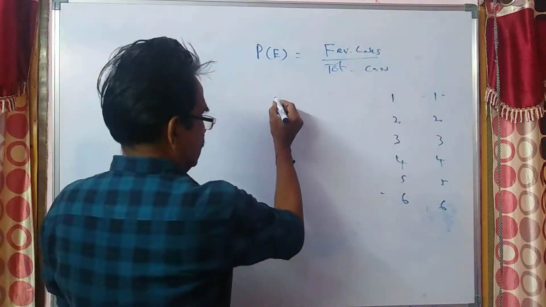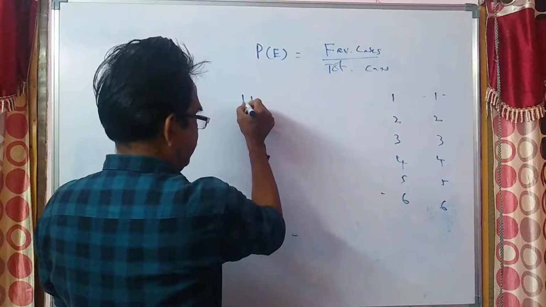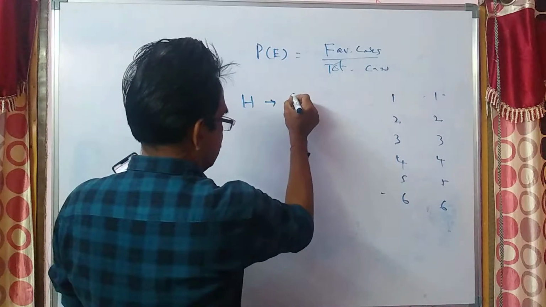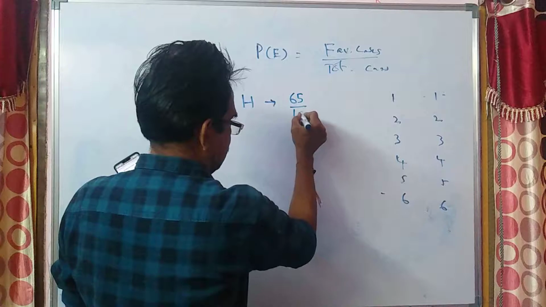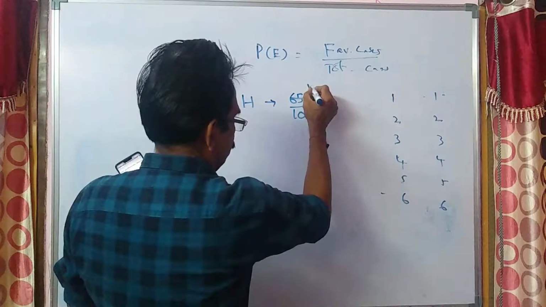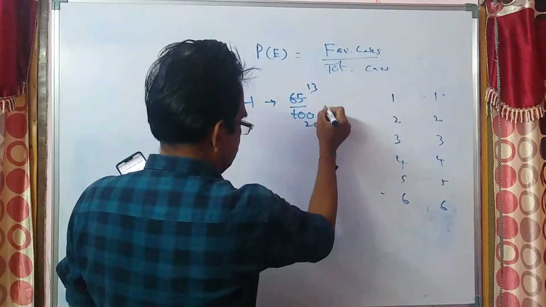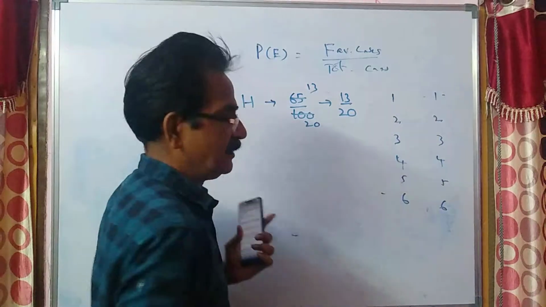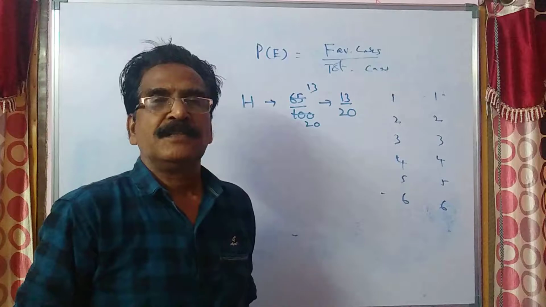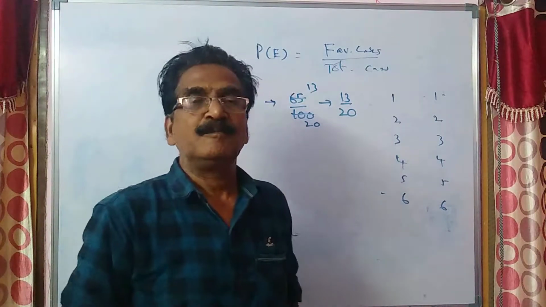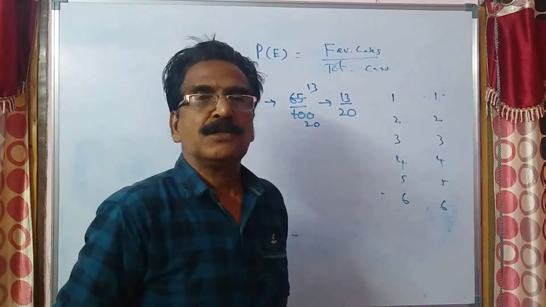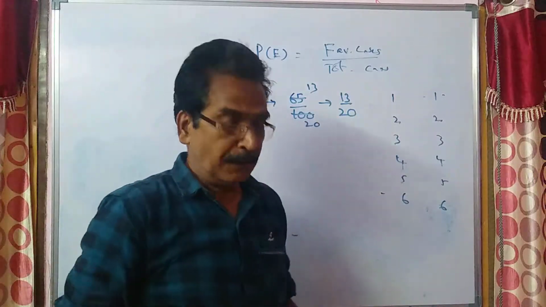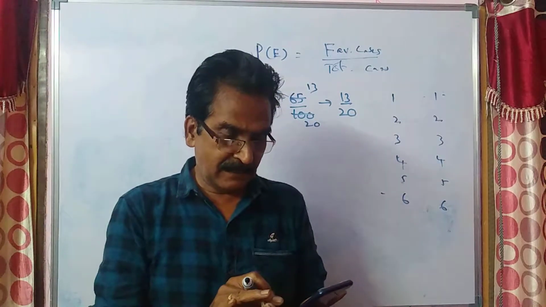Head appears on 65% of the cases, that is 13 by 20. This is a biased coin. There is no equal chance of head and tail. So the probability of showing head is...